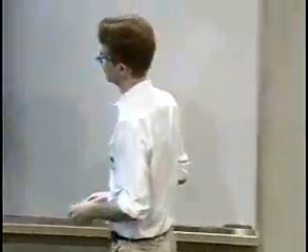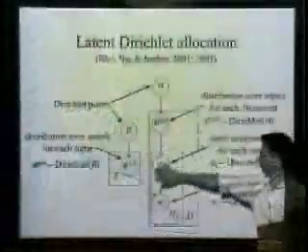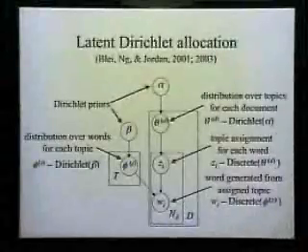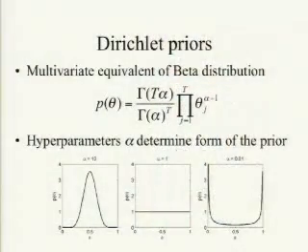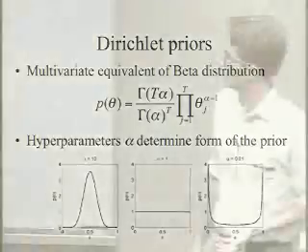So our goal is going to be to recover estimates of theta and phi, and those estimates are going to be influenced by the assumptions that we make about these priors. I'm sure many of you have seen this sort of model before. Just to give you an intuition for what these priors mean, our Dirichlet priors are going to be distributions over